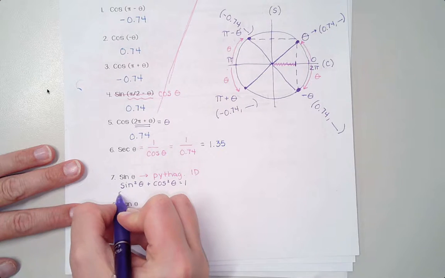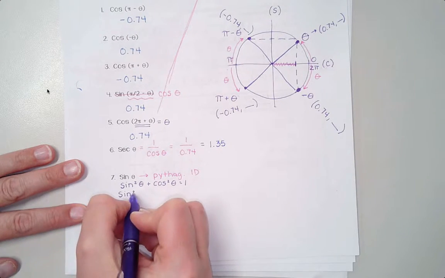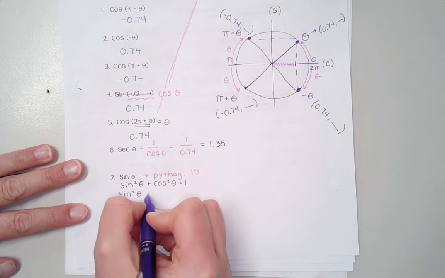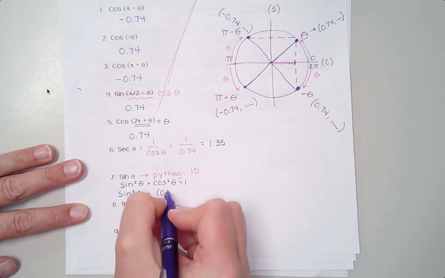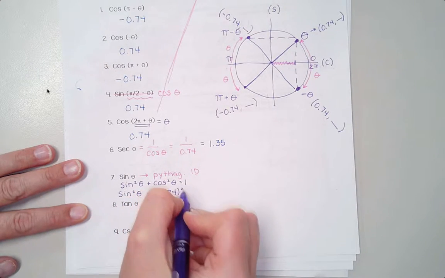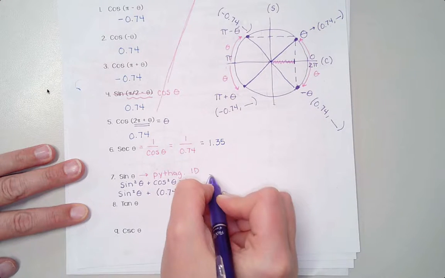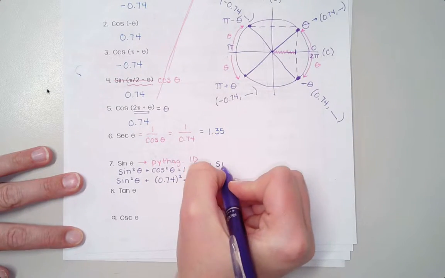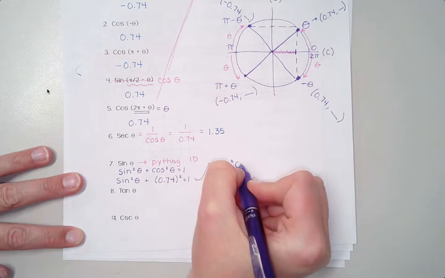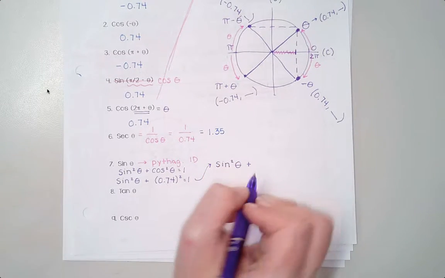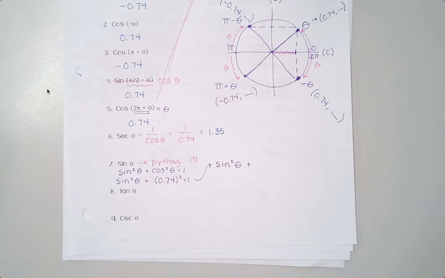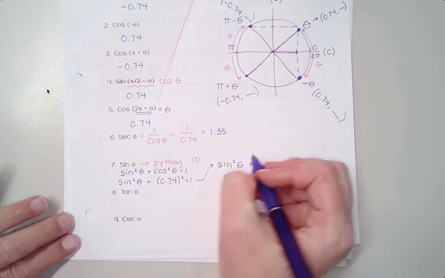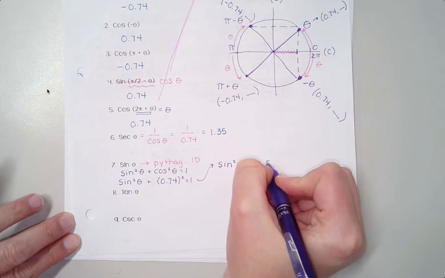Sine is what I'm looking for, so that's going to stay a sine squared. This is going to become 0.74 squared equals 1. That will simplify down to sine squared of theta plus, let's see, 0.74 squared comes out to be 0.5476